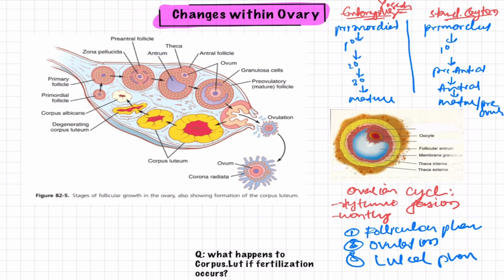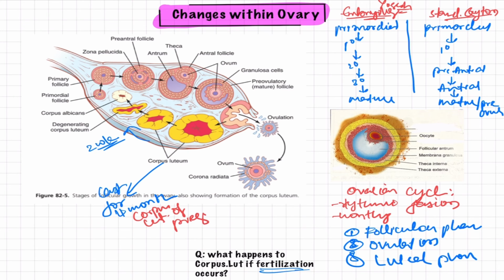The answer is the corpus luteum will last for 4 months. If it does not occur, it lasts for nearly 2 weeks only, and after that it degenerates. Whereas if fertilization takes place, it lasts for 4 months, and then it is known as the corpus luteum of pregnancy,